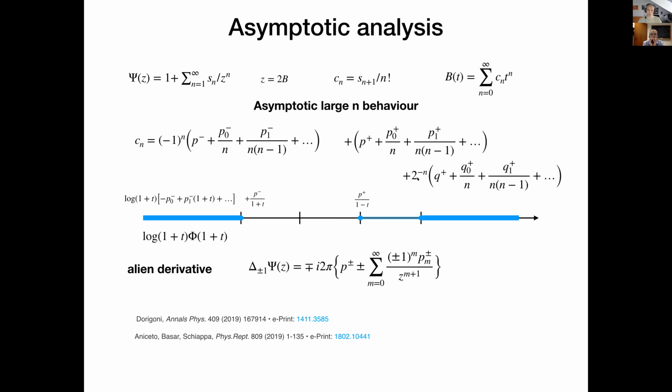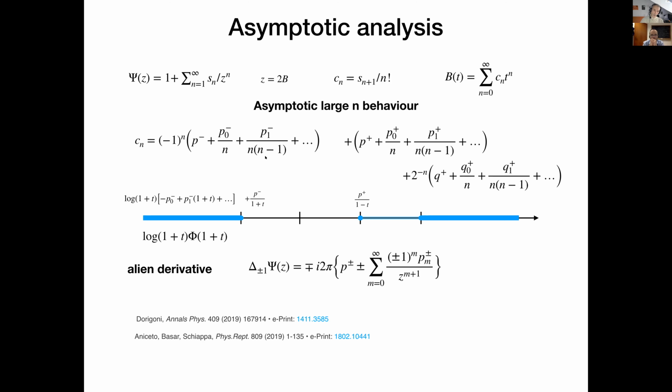And then I could also have subleading pieces, which go like 1 over 2 to the n and a similar expansion. So what I'm claiming now is that if you assume that this C has exactly this form for any n, because it's valid for large n, for all n, then you could sum up piece by piece. For example, if you sum up this P minus piece, then you will see it will lead to a pole like P minus divided by 1 plus T. So it's a pole at T equals minus 1. If you sum up the next one, you will see a log singularity starting at minus 1.